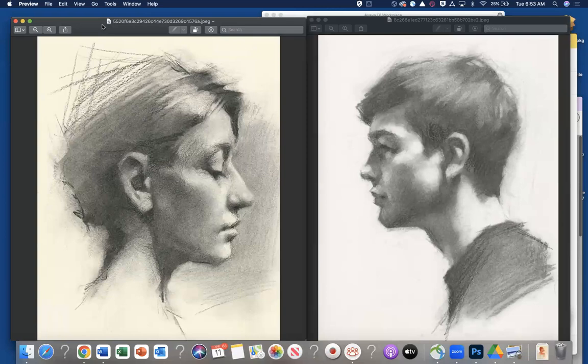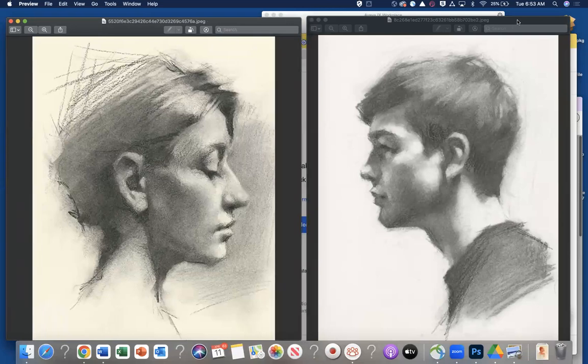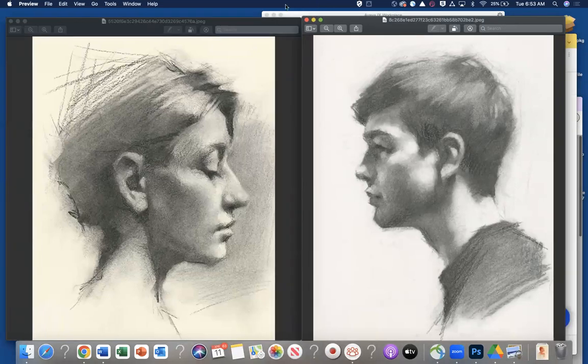So when drawing the side profile, you want to start off with, and you're going to be using charcoal, possibly white charcoal and compressed charcoal, but you want to break it down first into light shapes and dark shapes. Prior to that, you might want to do a contour line drawing of straight line construction to understand